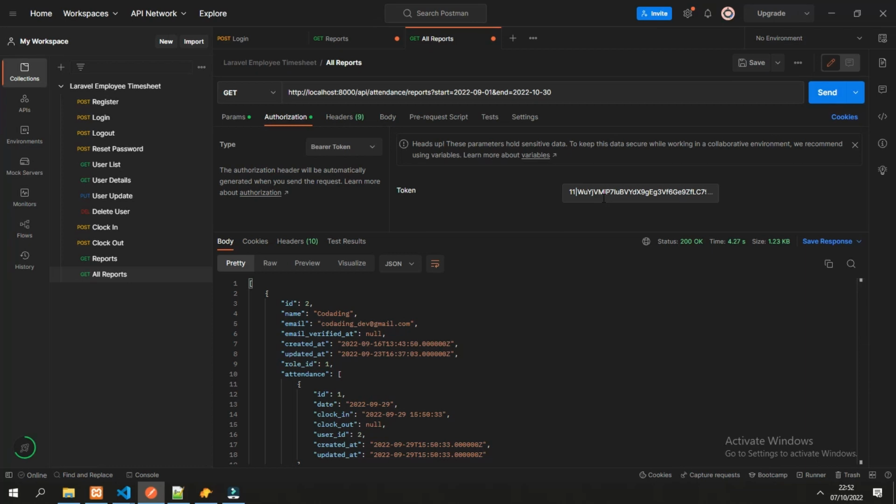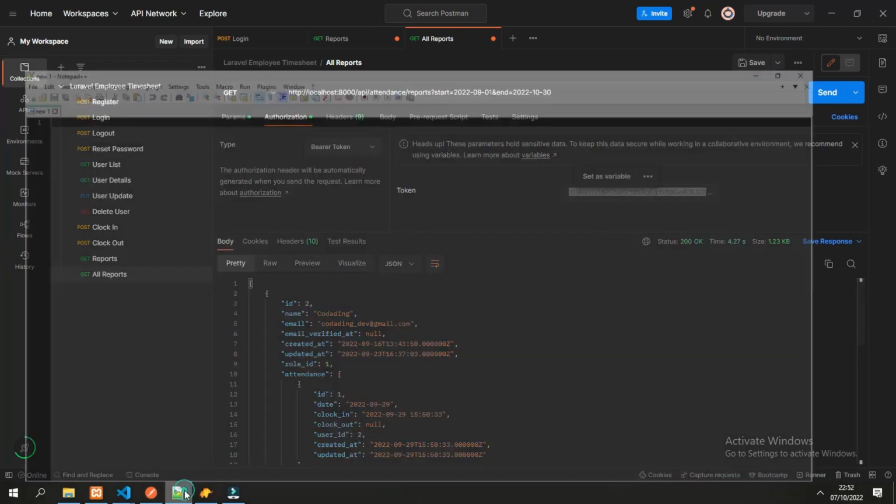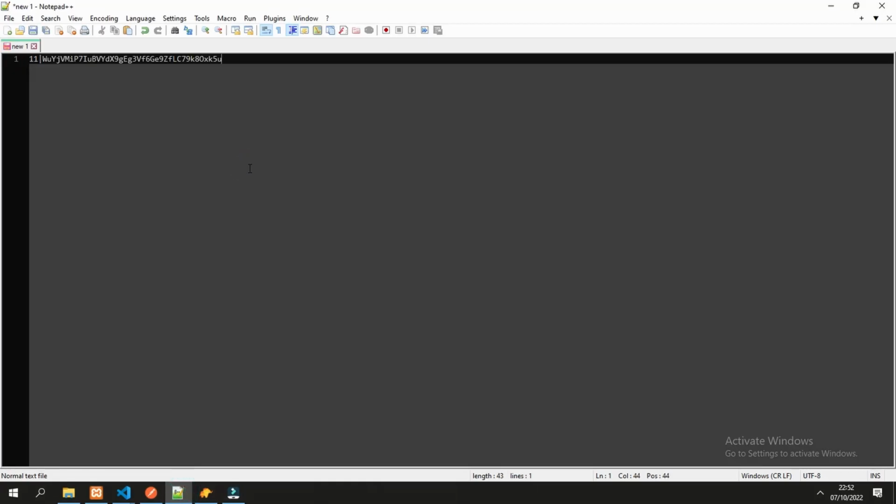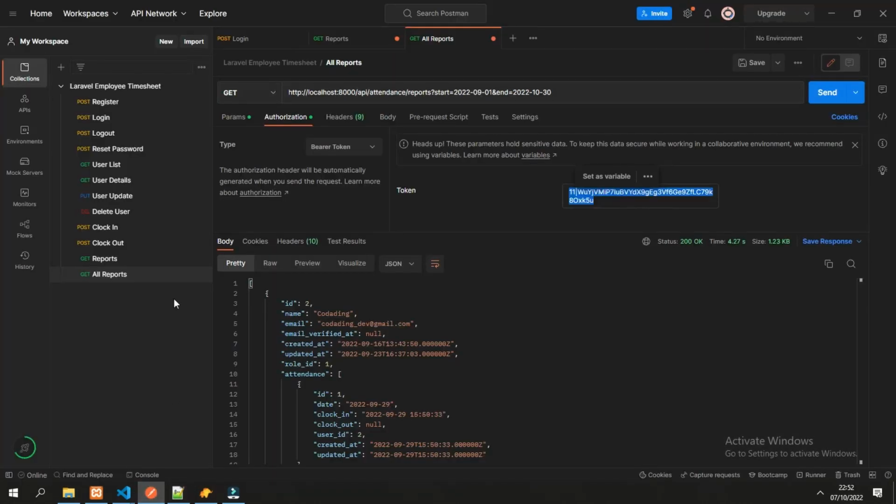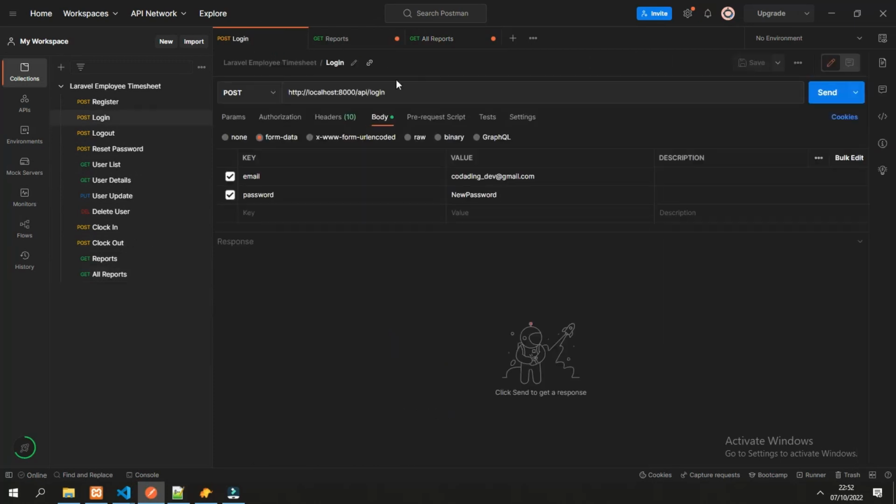Let's save this to a note and test for the second user. This is for the admin, ID 2, and let's get the token for the second user with the email and password.